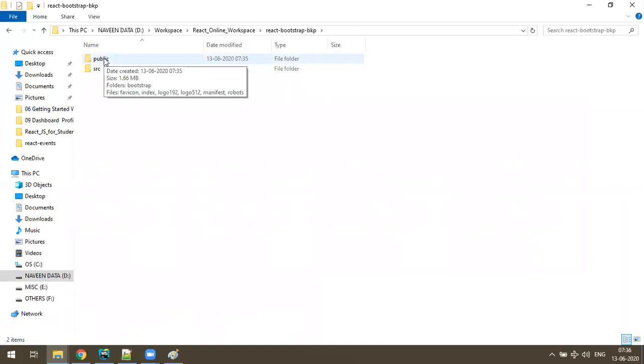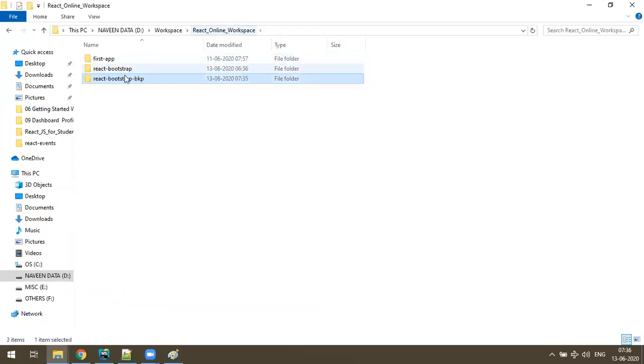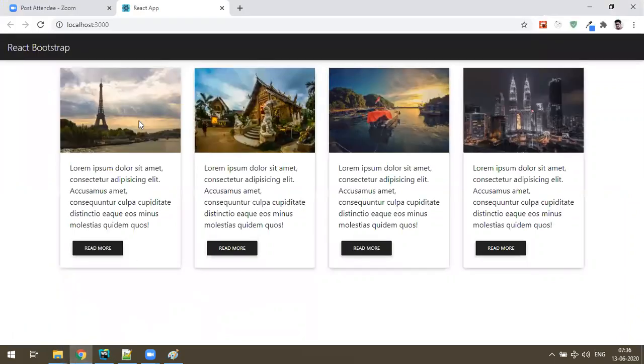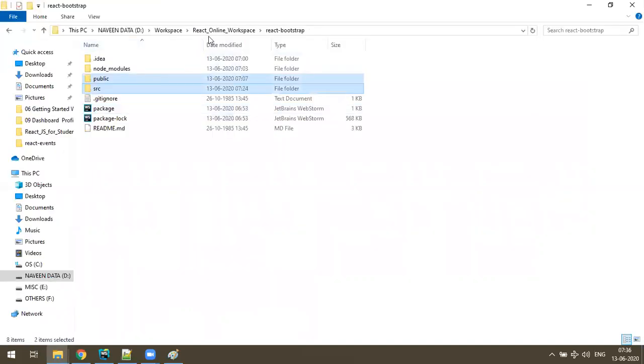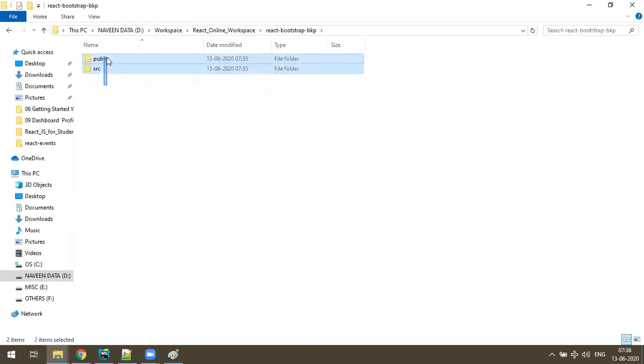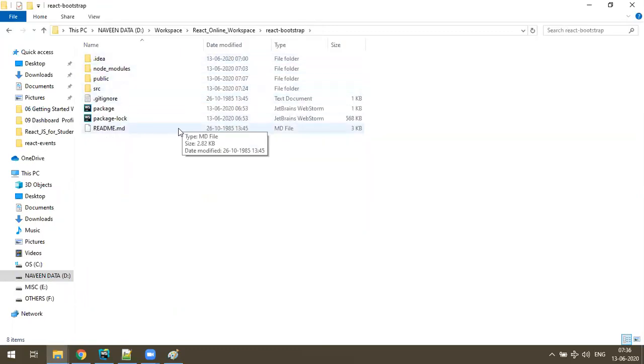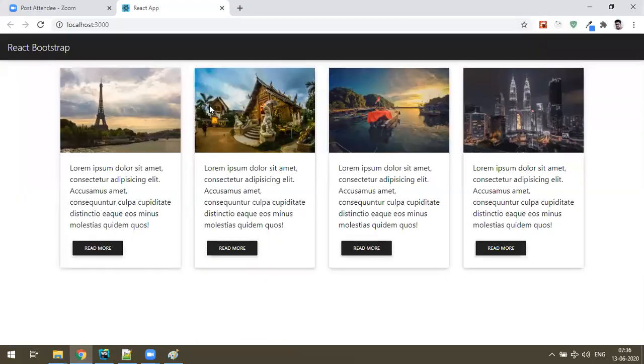I'm going to share only these two files with you. So what you have to do is create a fresh React.js application, and in that, only replace this public and src folder, so that you will get this output. Why would I share node modules again? It takes a lot of time. So these two folders you have to replace in your fresh application. Okay, fine. And anyway, we have taken a backup.